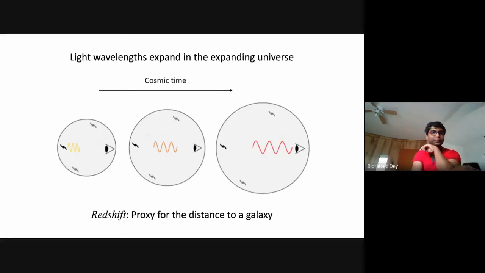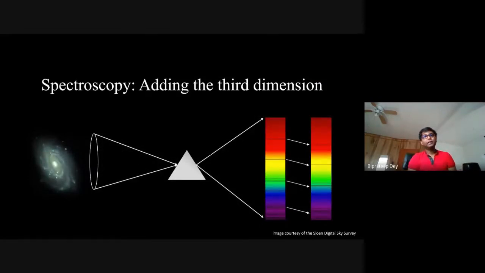And we do the exact thing using a process called spectroscopy. In its very simplest form, spectroscopy is basically equivalent to collecting the light from an object, a galaxy, and passing it through a prism so that we can split the light into its different components. And generally, light from galaxies is not just a plain spectrum of all the colors. It has all the colors, but there are certain colors or certain wavelengths of light which are more prominent than the others. We call them emission lines.